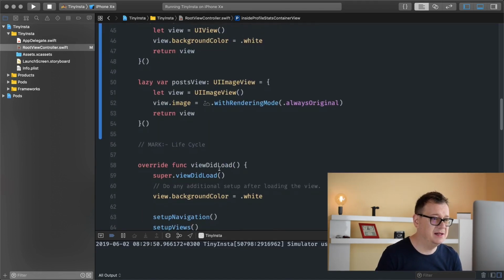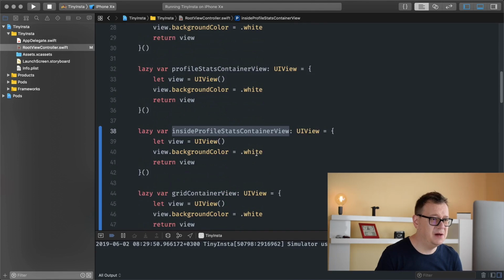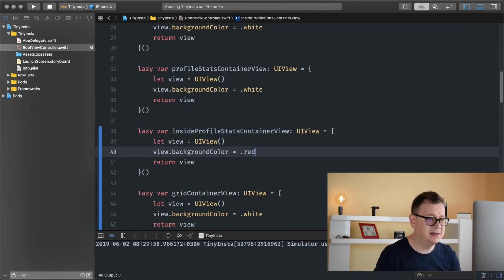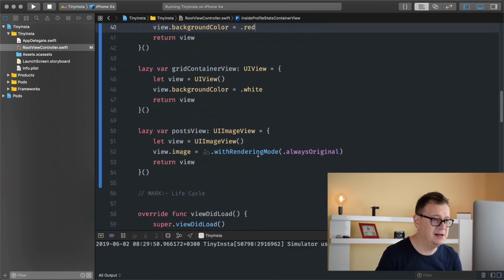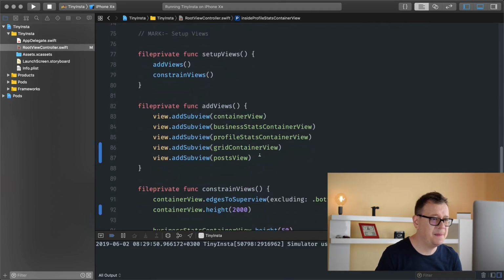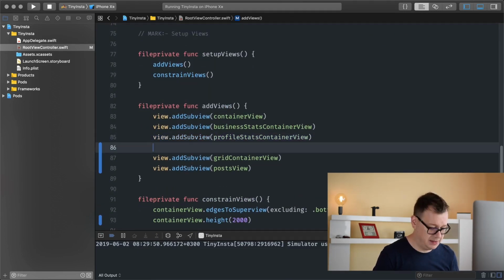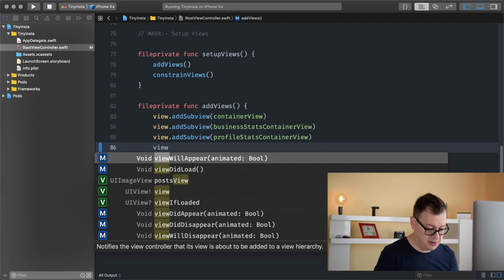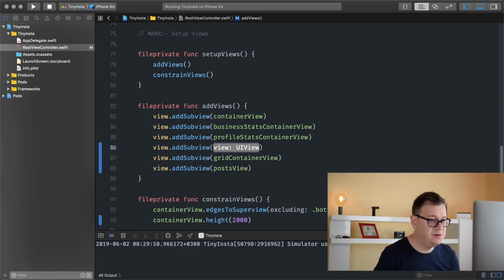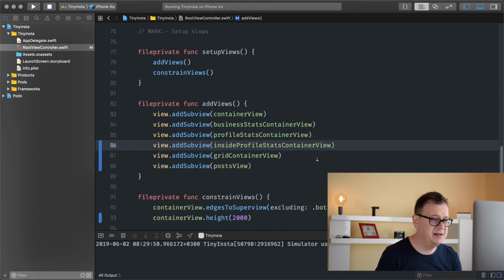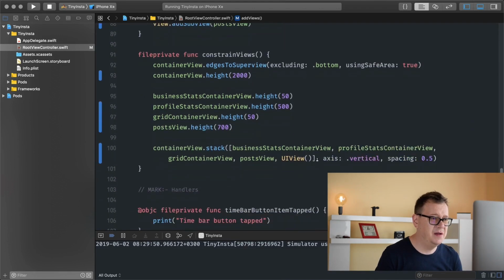So let's add that in there. And by the way, let's just change this to red so we can see this more clearly at the moment. There we go. View dot add subview inside profile stats container view, and let's just have this right here, because